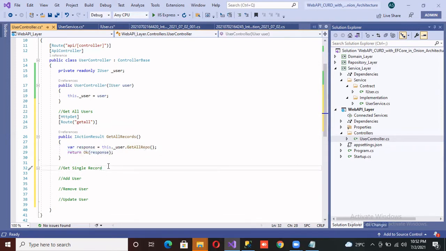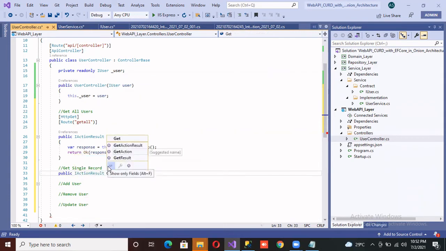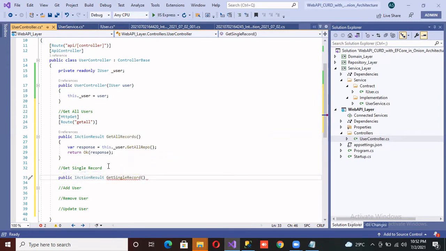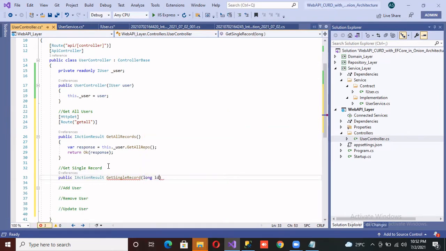Okay. Now, same for get single record. So again, the same things, because we already mentioned everything inside of the business logic. We just call the method and get the data. Single record. So for this single record, we need ID, long ID.